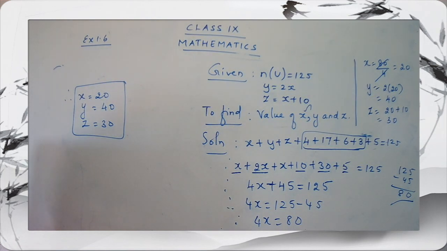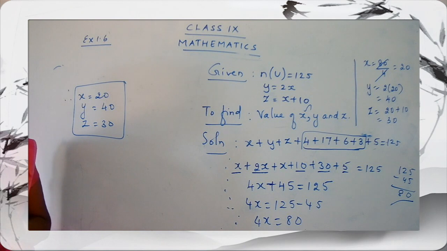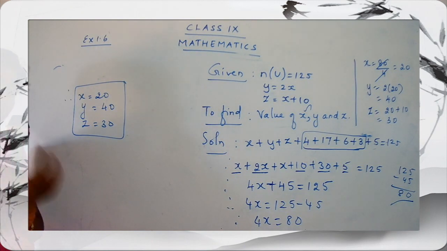And here you have to find out the number of students who play chess and carom, but not table tennis. Then you have to find out the number of students who play only chess. And also you have to find out the number of students who play only carom. And they have given you a hint that you have to find the answer using a Venn diagram. So again we are going to draw a Venn diagram. We are going to put all the values that we know, and we are going to get our answer.